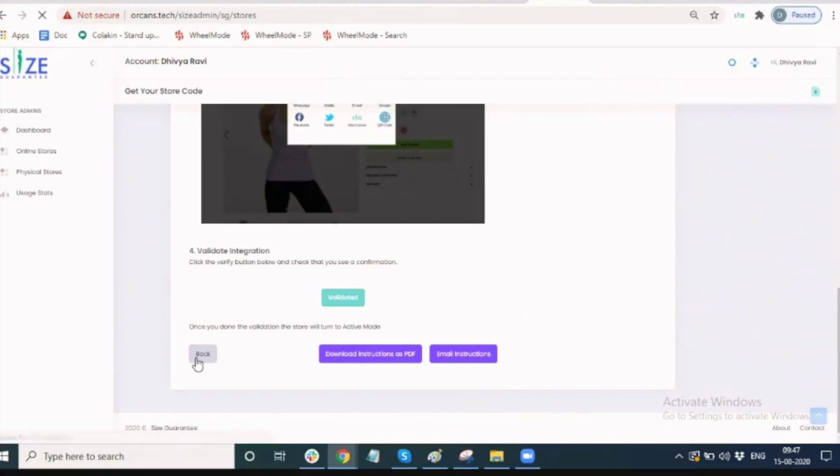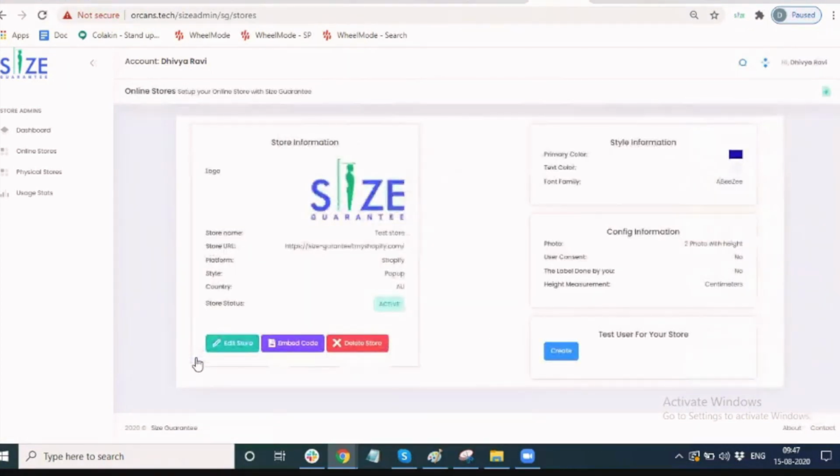Then the store will switch to active mode. Store status is switched to active mode. Until then, the store status will be in inactive mode, meaning that the integration is halfway. So here we automate and check whether this integration with the store worked or not using that script.